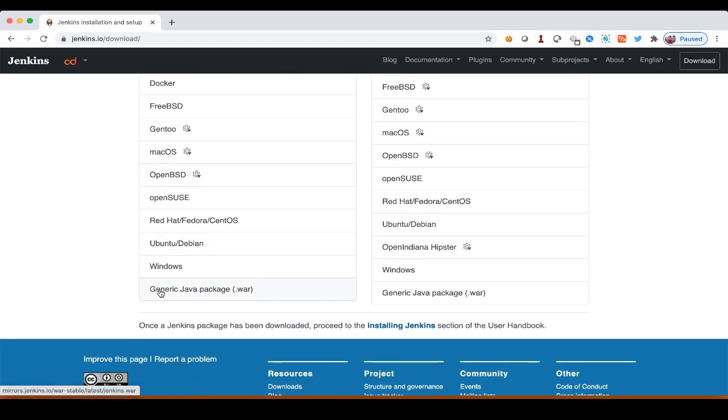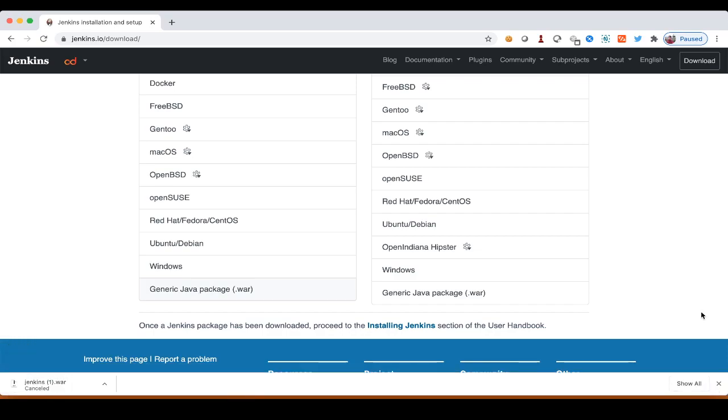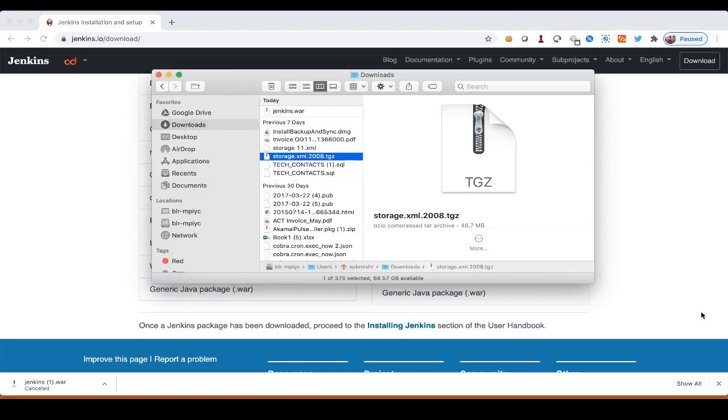We will download this generic Java package, jenkins.war. Just click on that. Once it is downloaded, you can find it in your download folder. So let's go to our download folder and see. Here you can see the jenkins.war which we have just downloaded.